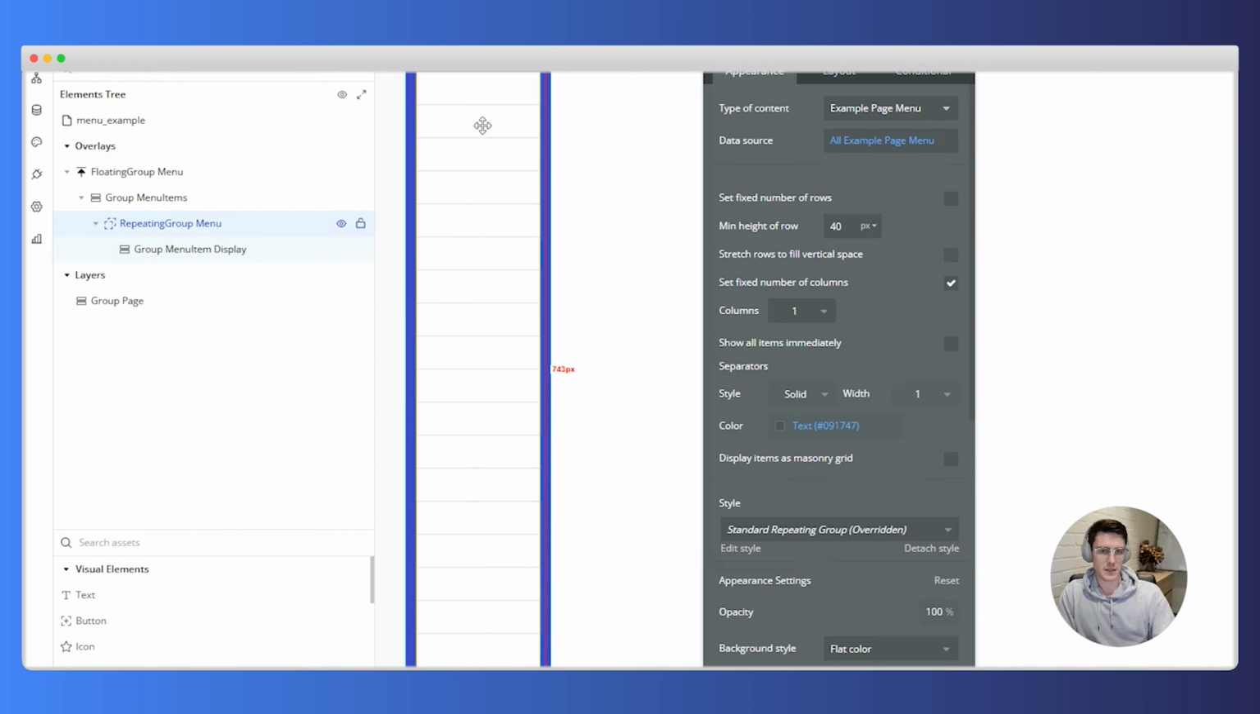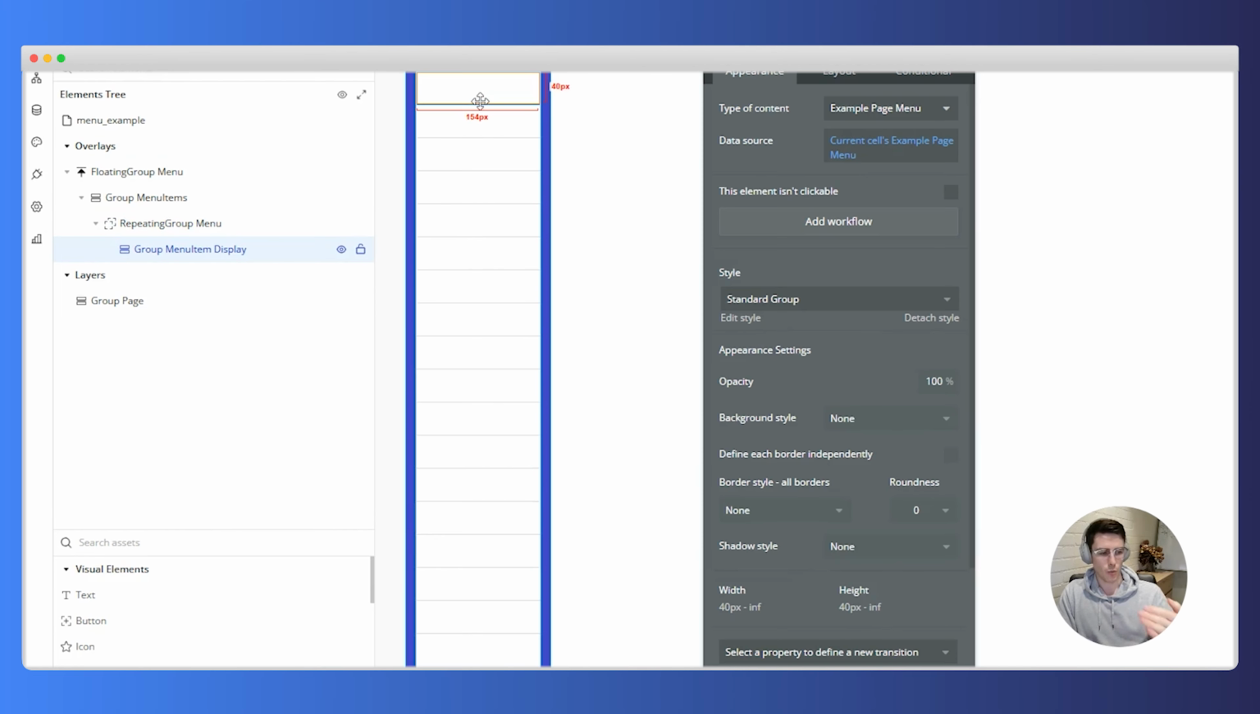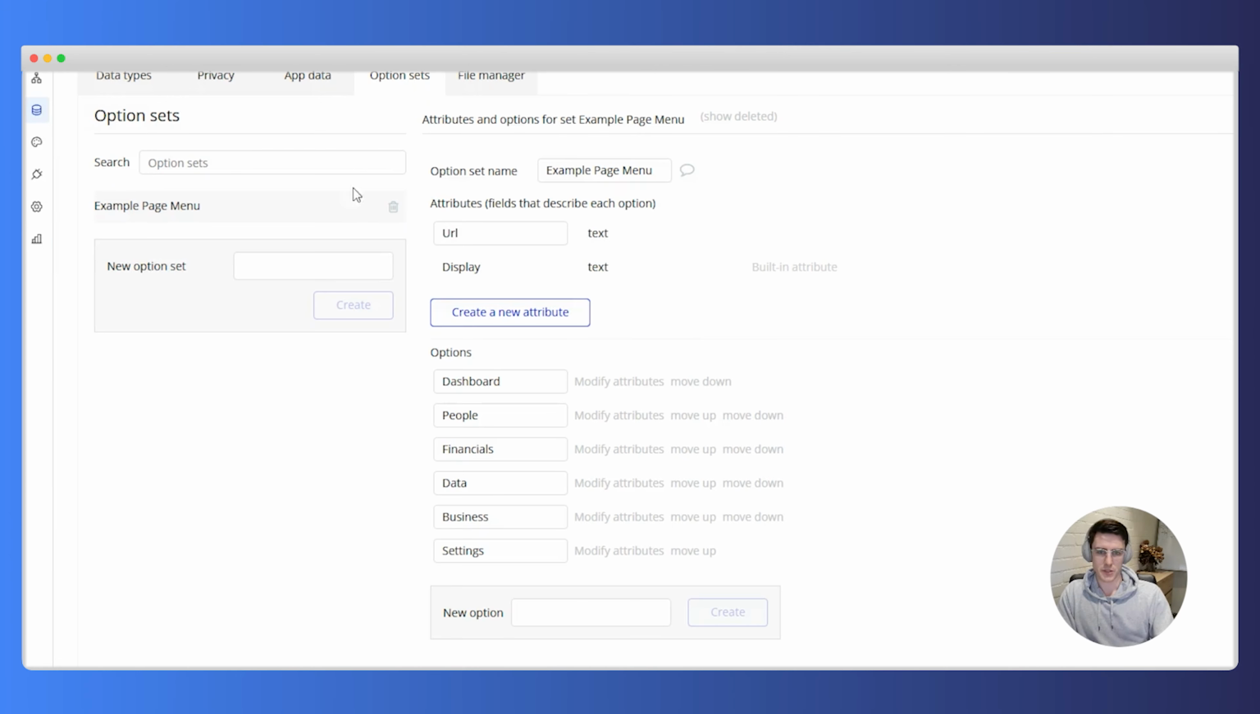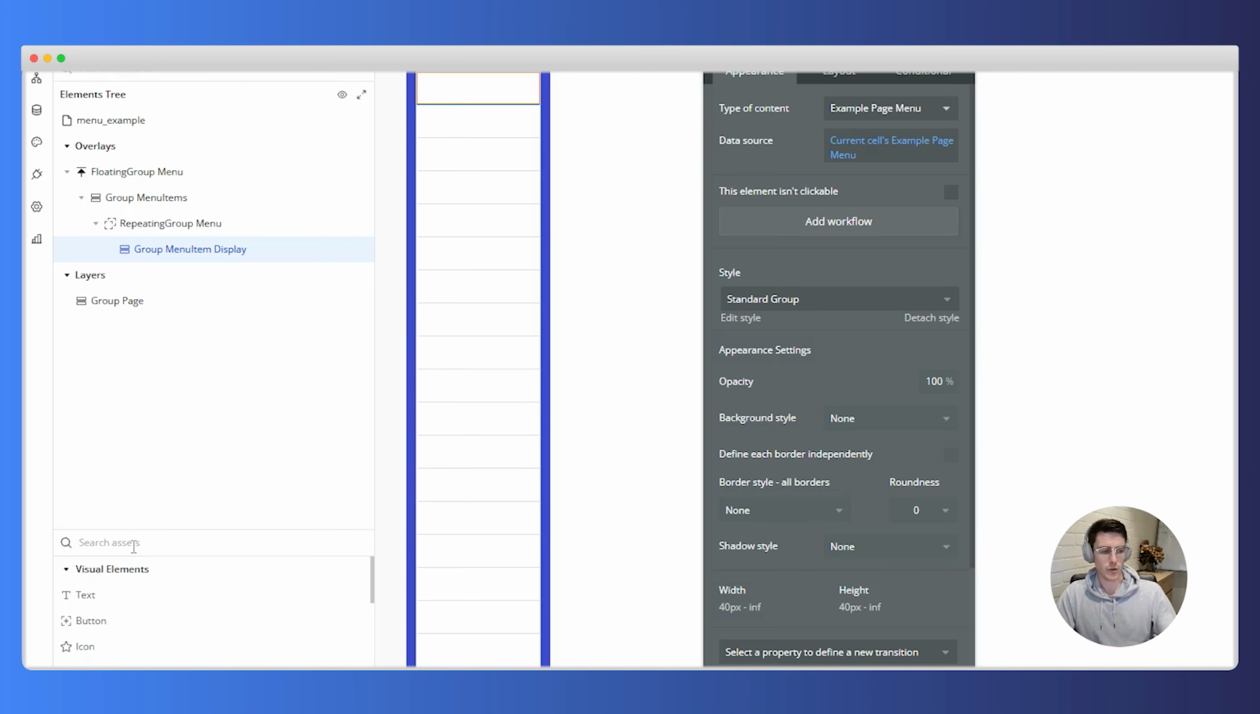And now each of these individual items are going to show one in order. They're going to show one of the items, or each one of the items that we created. So if we go back to our database under option sets, in the repeating group it's going to show dashboard, then people, then financials, then data, then business and settings. Well, it's going to pull that data across, but now we actually need to build in a way for the